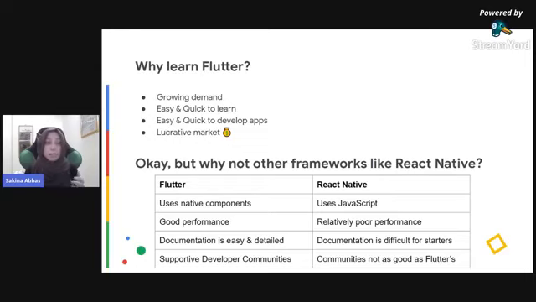And in Flutter, you will see we have a lot of sessions, a lot of events, a lot of conferences happening for Flutter every now and then. So even someone who's not that up to date with Flutter can still get a hang of it by attending just one event and figure out what's happening lately, right?